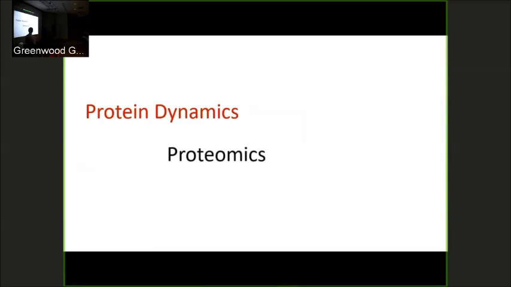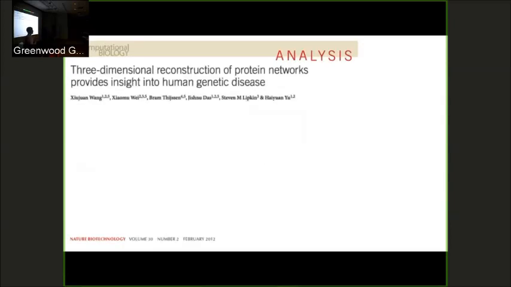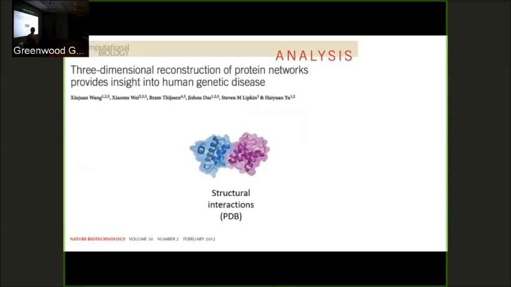What about with proteomics? Again, this is something that's come up in a big way over the last approximately 10 years. And this paper, three-dimensional reconstruction of protein networks provides insight into genetic disease, is not the first and not the only of its kind, but I think it did a very nice job of it. So what did they do? They took structural information from the Protein Data Bank, the website, and then they took biochemical interactions, which were essentially text mined from PubMed. So they went to look through PubMed and automatically pulled in information based on two-hybrid screens or co-immunoprecipitation that said these two molecules interact